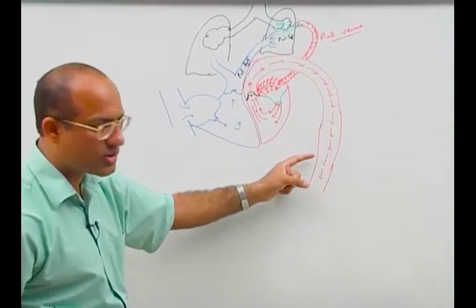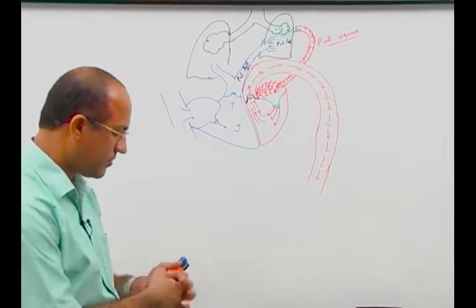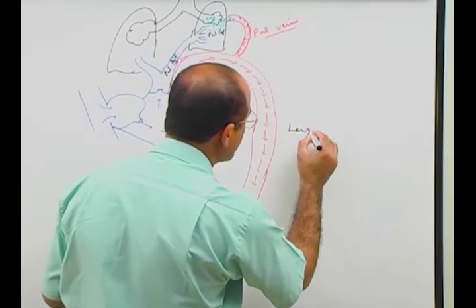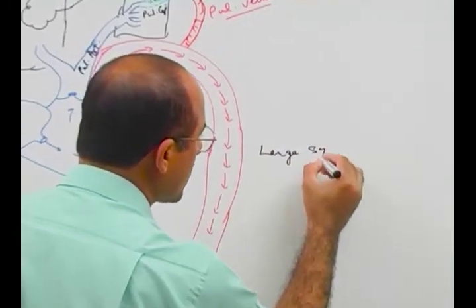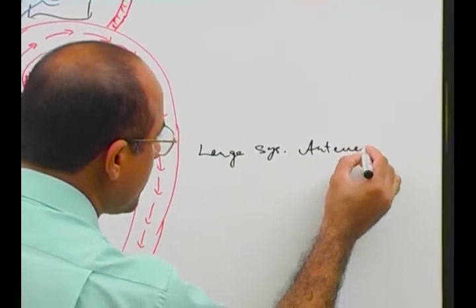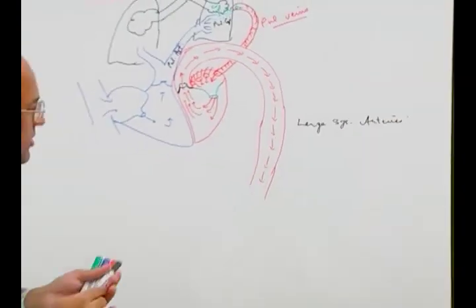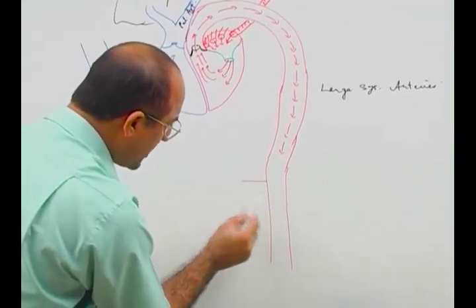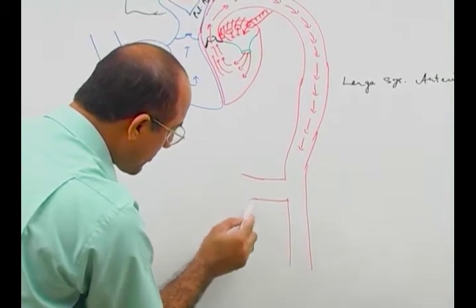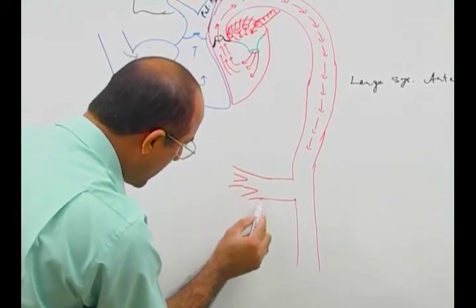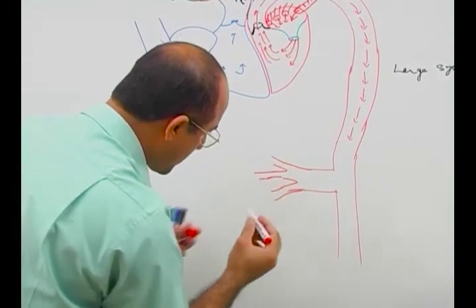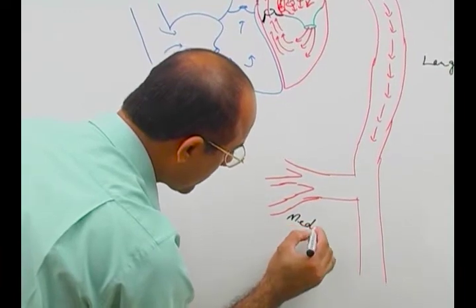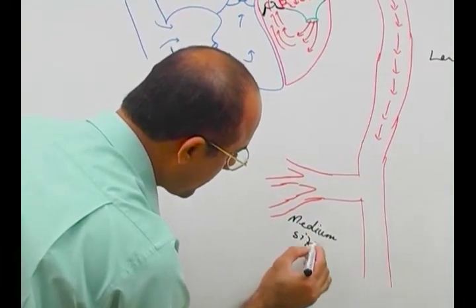systemic arterial tree. First there are large arteries. The aorta and its main branches are called large systemic arteries. Then naturally from this there will be smaller, medium sized arteries. Let's suppose this is a medium sized artery,